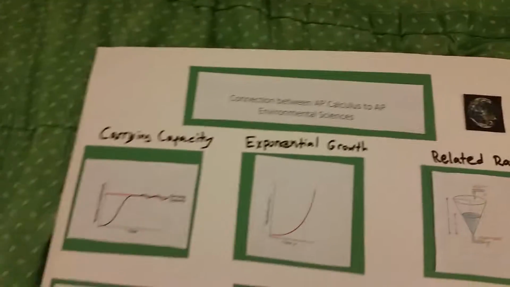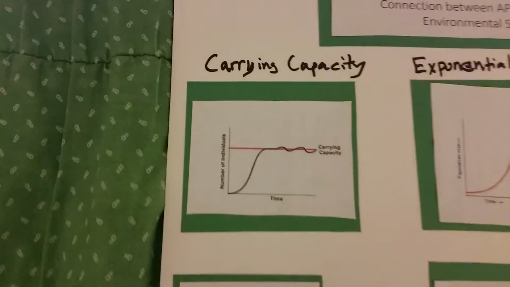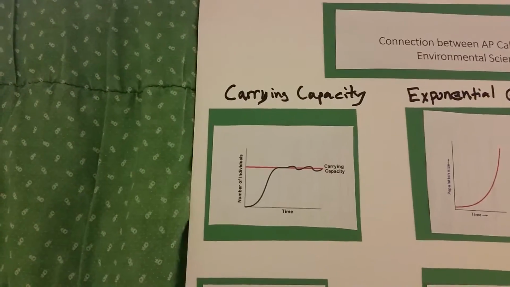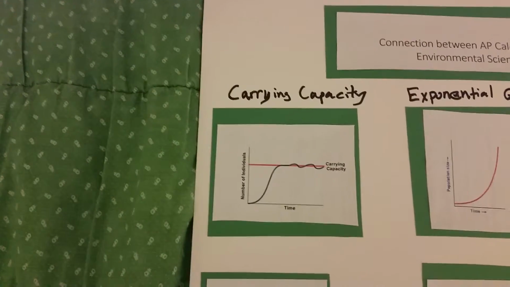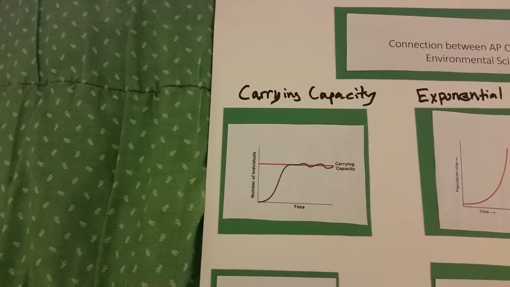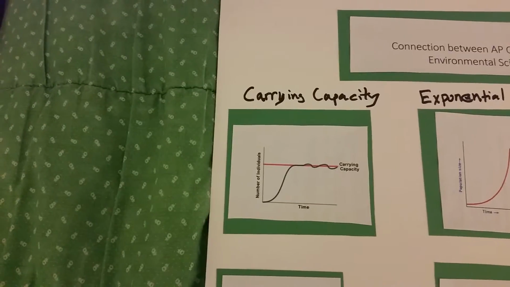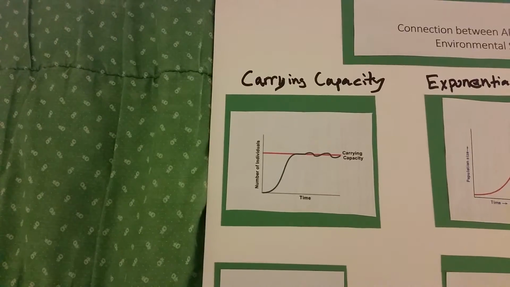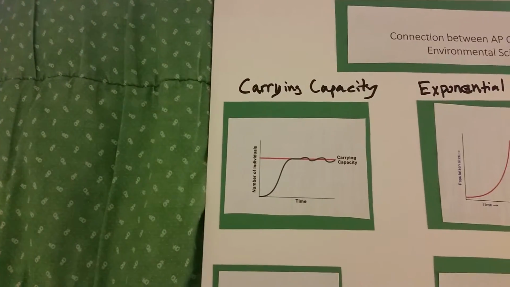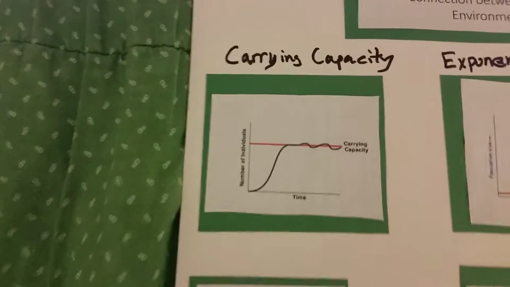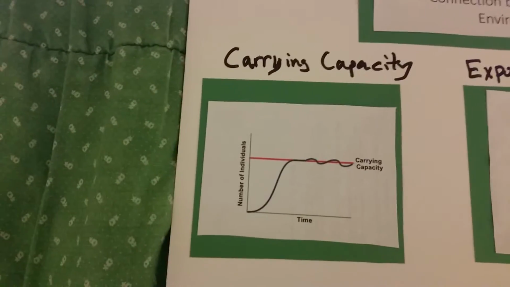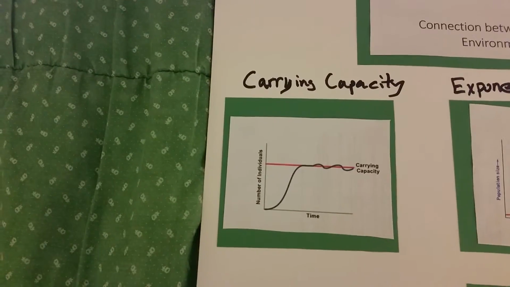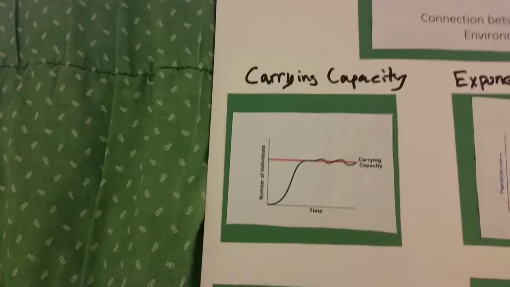So the first thing that we're going to look at is the carrying capacity. The carrying capacity is the limit at which species can exist while sustaining enough food and water for all members of the population. If species exceed the carrying capacity, then they will experience a die-off, which is why you notice the curve around the carrying capacity. The number of individuals goes slightly over the carrying capacity, but then has a die-off, then goes back over and